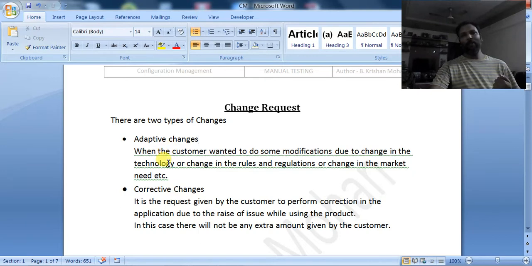We are not modifying the requirements, only the code will be changed over here. Hope you understood the concept. So configuration management comes into the picture whenever there is an adaptive change given by the customer.